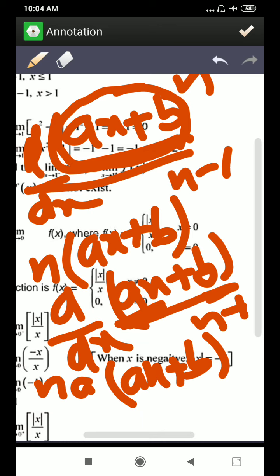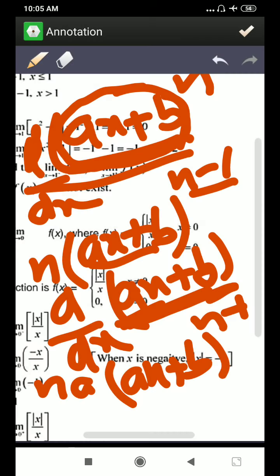So for the differentiation of ax plus b raised to power n, first we will differentiate by taking ax plus b in our mind as x. So x raised to power n, you differentiate it like x raised to power n. So that will be n into whatever is this raised to power n minus 1. Now the x we have taken is actually ax plus b. So following that, you have to also differentiate ax plus b.